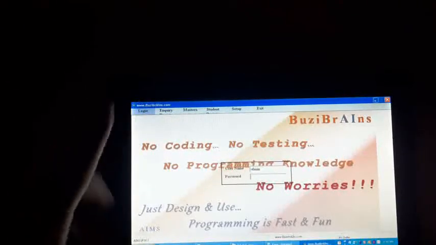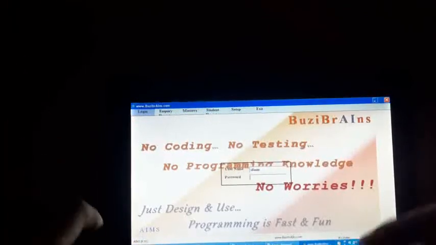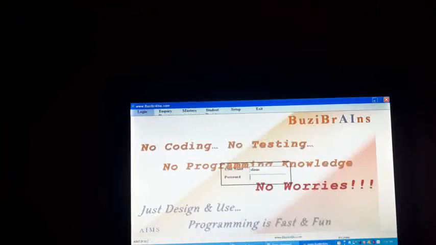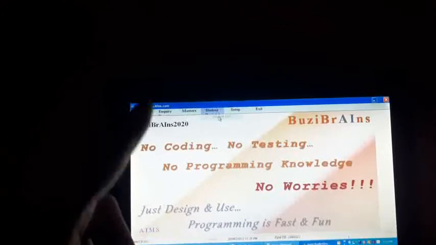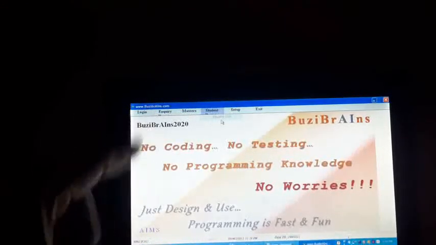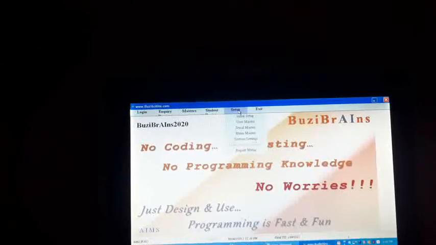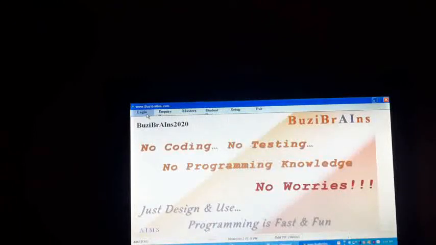As my screen is small, I am not able to see the full form of student register, but it is still there. Depending on your screen size, it will appear. With admin, I can see my student list is disabled. As soon as I create a menu name, I must give the access rights. So I'll go to user master, select admin and give the access rights. I'll click on save rights, exit and log in again.